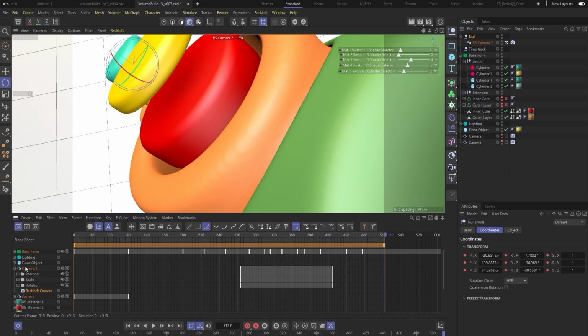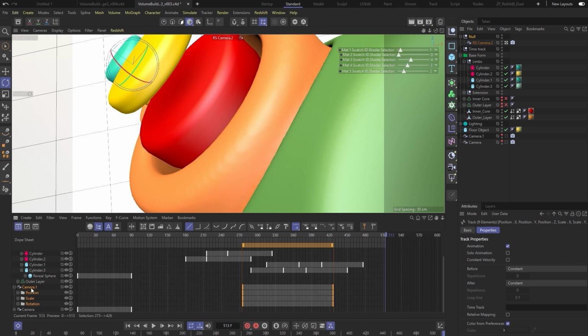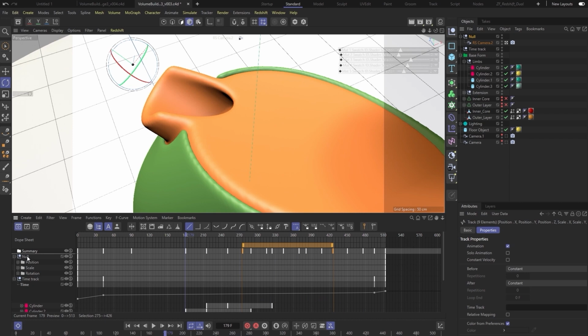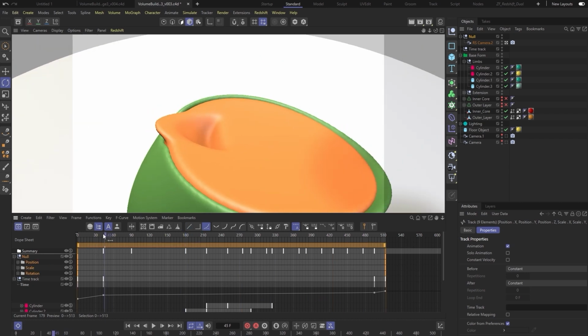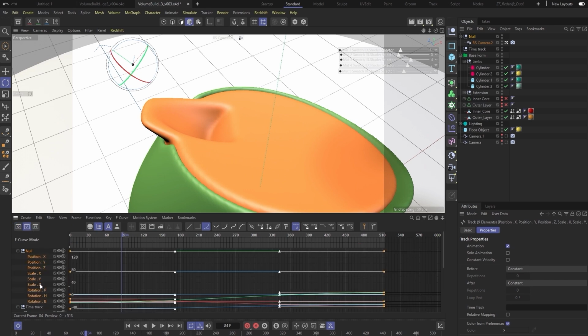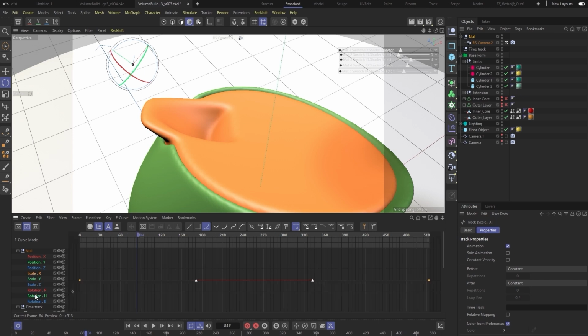Now if I look for this camera, or if I go into animated only, I should be able to, where is the, there we go. This is what I was looking for, this null. These keyframes I only animated on rotation are coming in as auto Bezier.